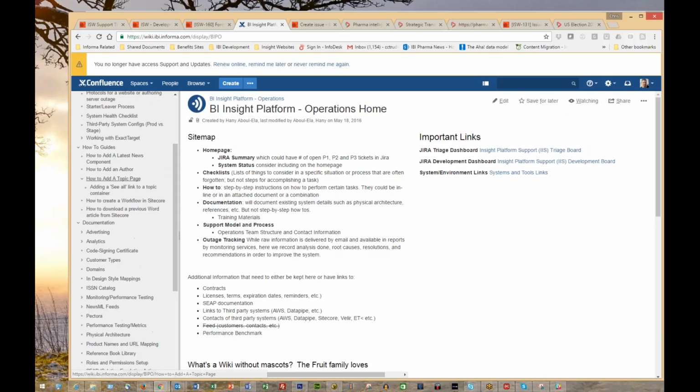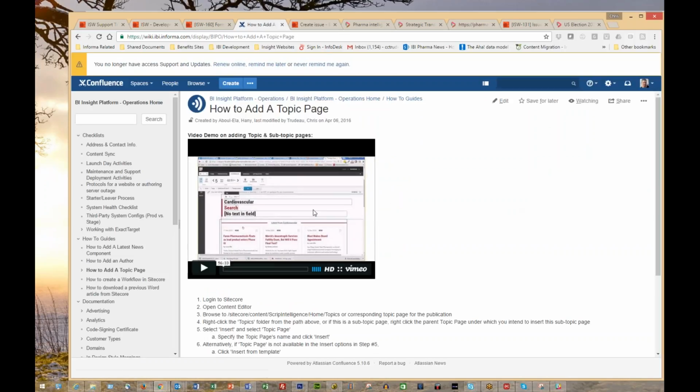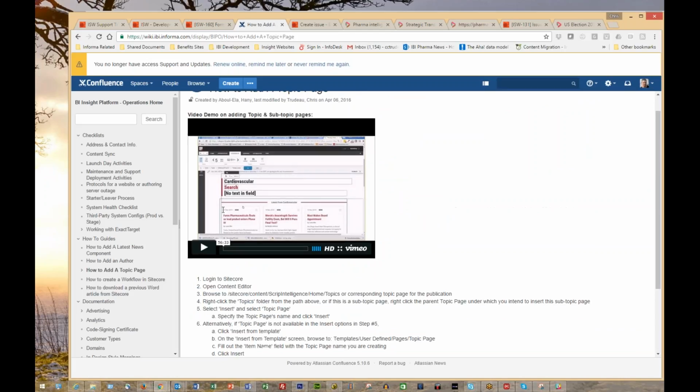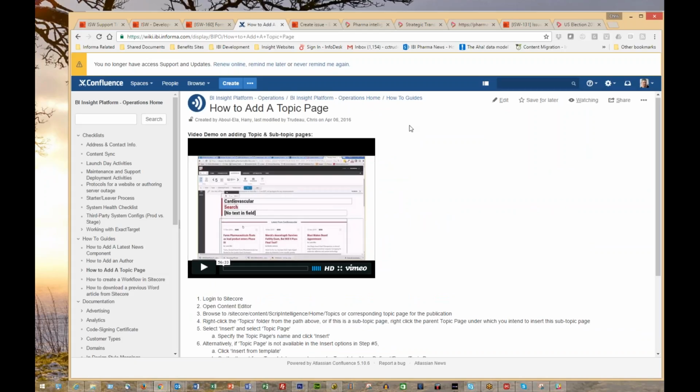So we do have a section on the operations site on how to add a topic page. We even have a video demo on how to do it. And again, this is based on the feedback that we get from the managing editor in terms of how they want this to look and be laid out. And then we go in and we update it, we create a topic page, we send it to them for them to preview, and then they sign off on it,